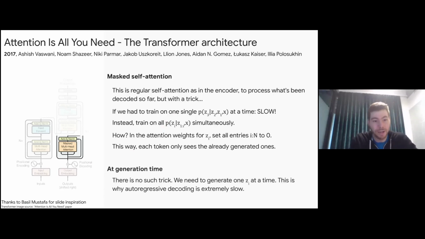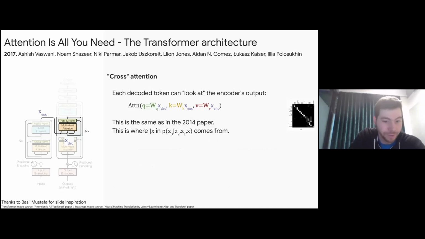And at generation time, there is no such trick. We really need to generate each token one after another, because in order to compute P of Z3, we need to have concrete Z1 and Z2. So we need to have sampled them first. But there is a caching mechanism, usually implemented in the efficient implementations, that makes things a whole lot easier; it is really just keeping things we have computed before and remembering them for the next time. Classical caching. Not going into detail there.